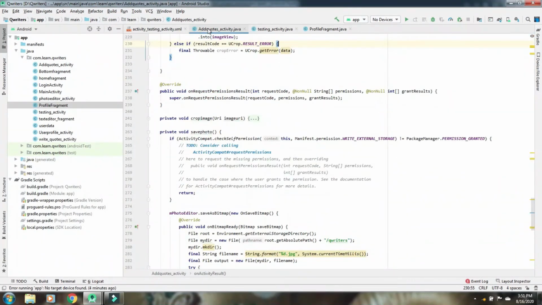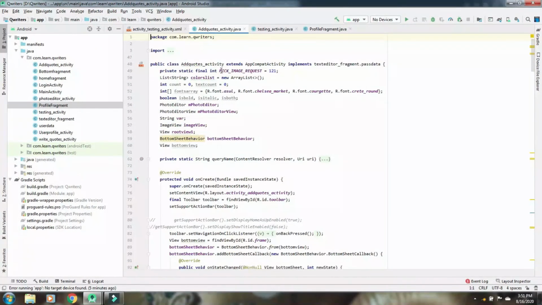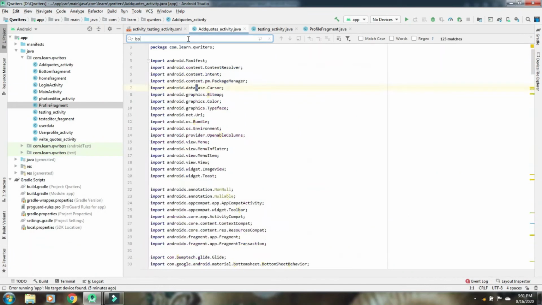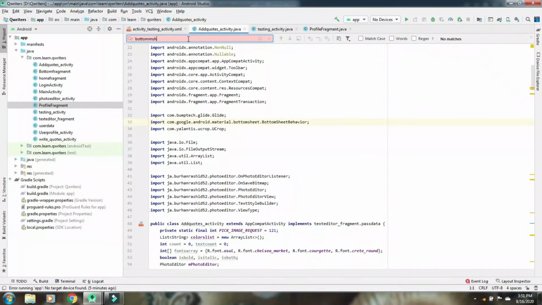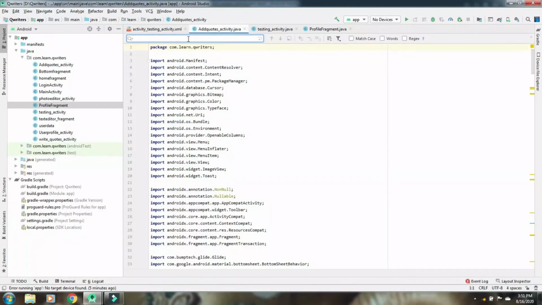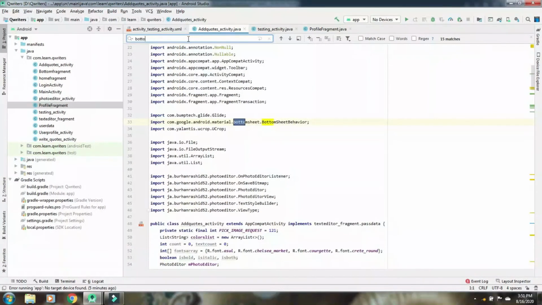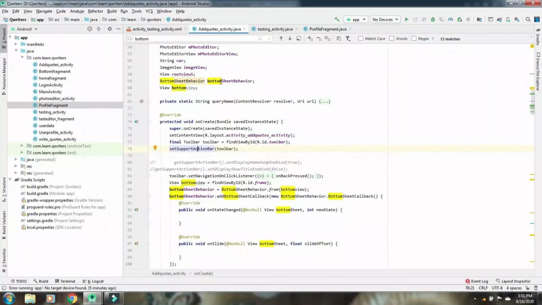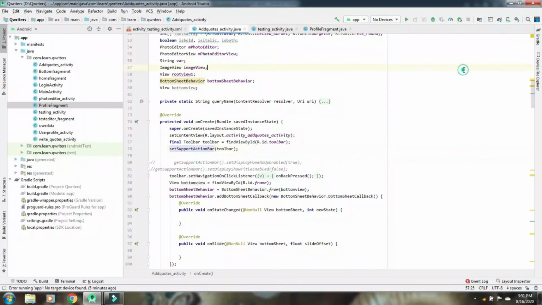Next shortcut is if you want to find some variable name, you can just find it by Control F. When you click Control F you can type a variable name, suppose I want bottom sheet. It is red when the variable is not found. You can see all these yellow color marks. If you just go down, wherever this variable is there you will find a yellow color mark. If you want to remove this, just click this icon, it will be removed. And if you want to remove this top one, just click it here. And these are some shortcuts related to Android Studio.